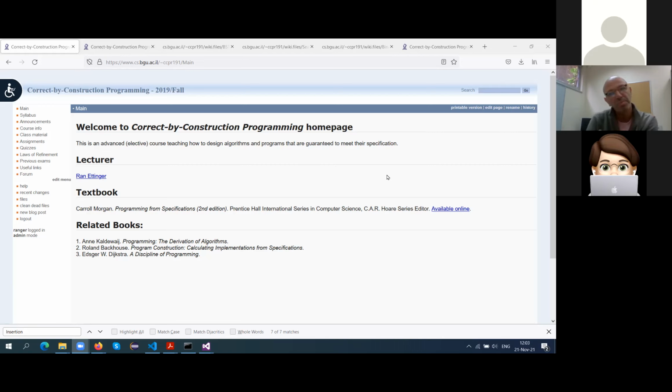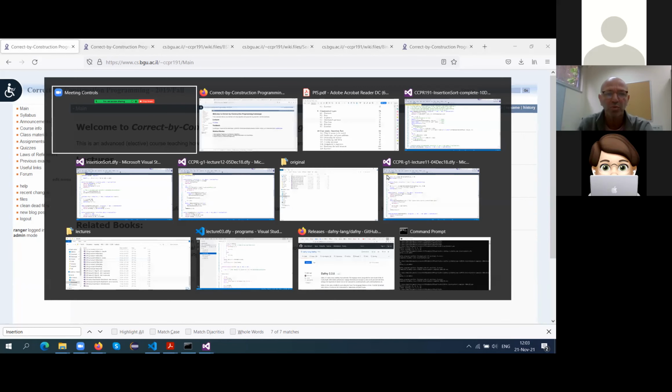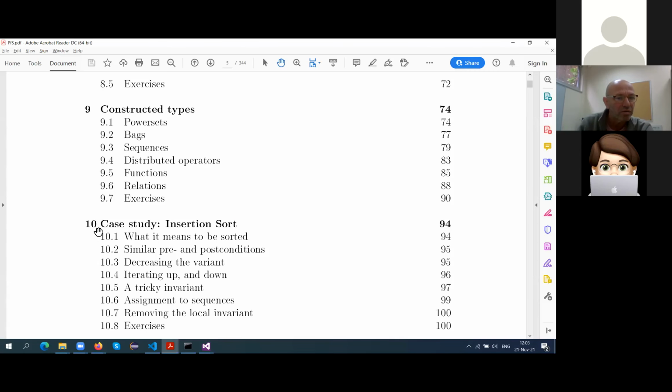And my paper here really gives a case study from chapter 10 of Carroll Morgan's book, his first case study, with a nested loop for insertion sort.